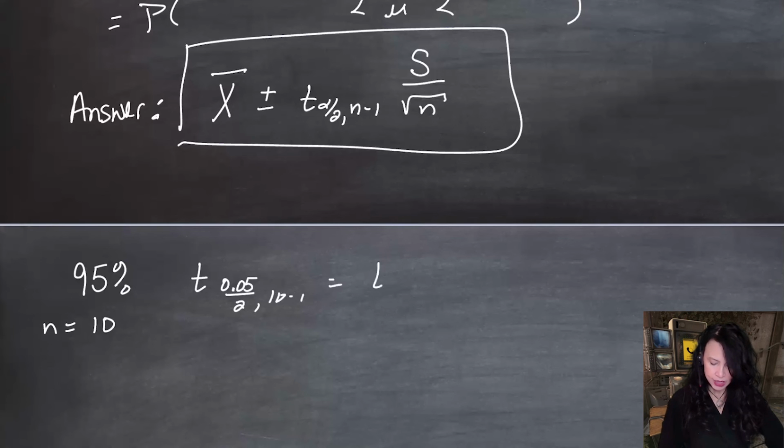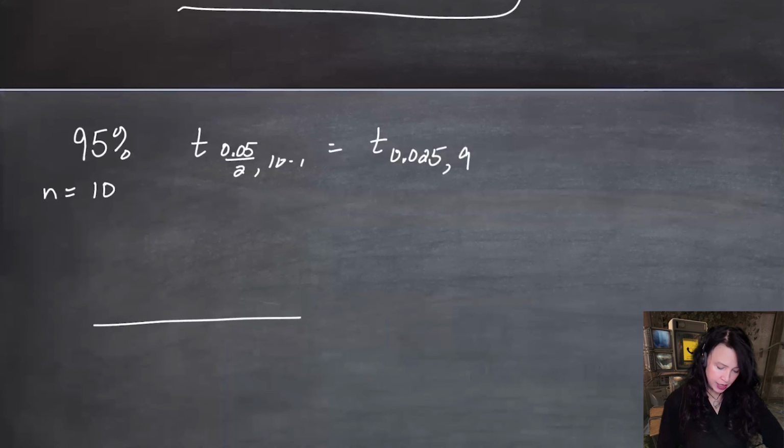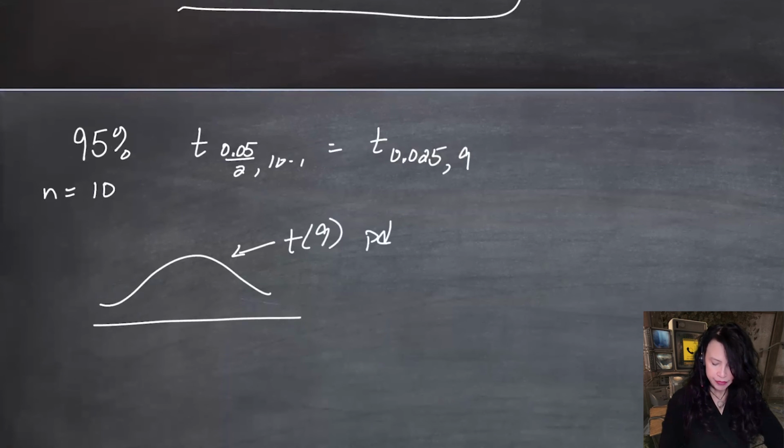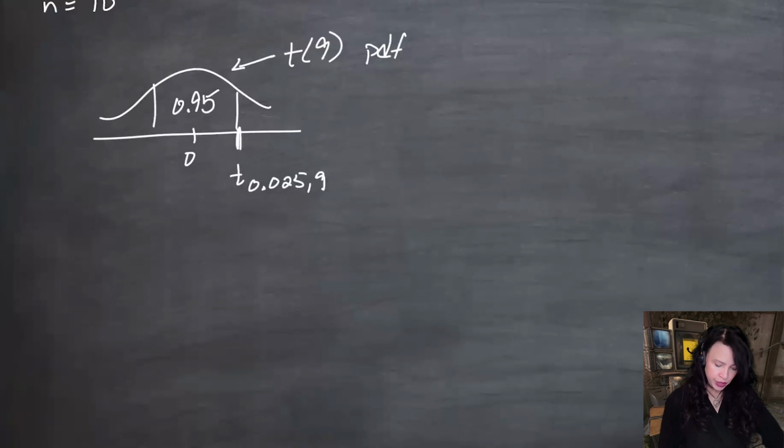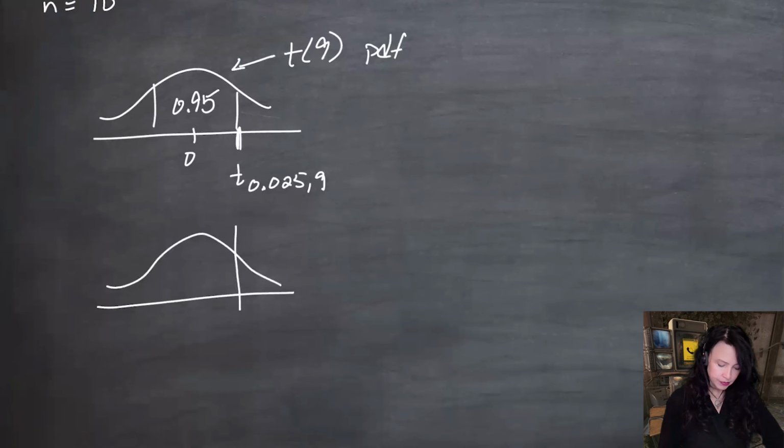In other words, I'd want t sub 0.025 comma 9. This is supposed to be for a T9 PDF, two numbers that give us area 0.95 in the middle. And then this number here is t 0.025 comma 9, which is really a number that gives us